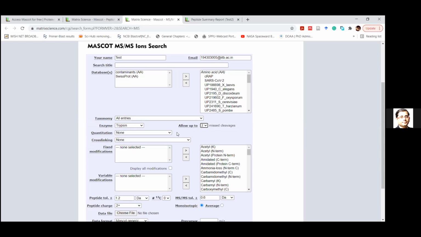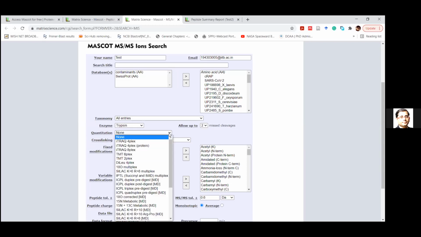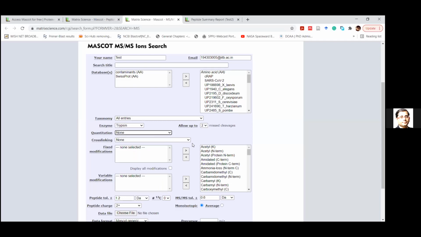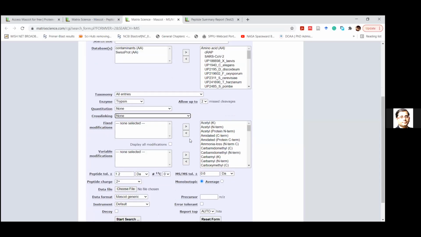Okay, so quantitation and cross-linking: quantitation is the procedure, the protocol that you do. You can choose it if you know what you have done, or you cannot. That's up to you. Cross-linking is similar: if there is a specific sort of cross-linking in your product, you can choose it, otherwise not. The next 2 things, which I'm mentioning again and which you should include, are the modifications.